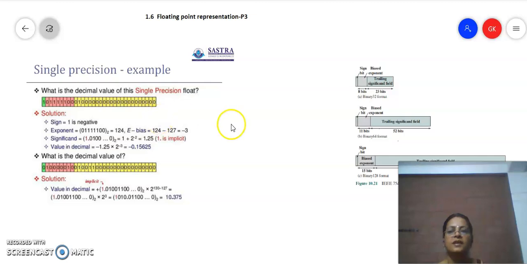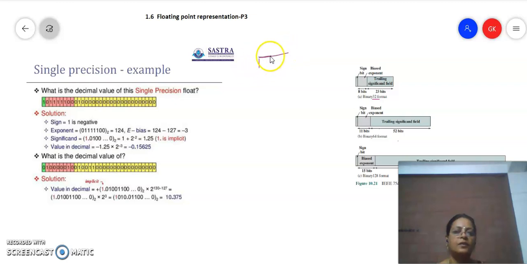If you just see here, in total for single precision we have a 32-bit representation, 23 bits plus 8 bits and then plus 1 bit. So it is a 32-bit format. 1 bit for the sign and 8 bits for the exponent, and this fraction part is also otherwise called the significand. I think you all know the representation, maybe I will repeat it.